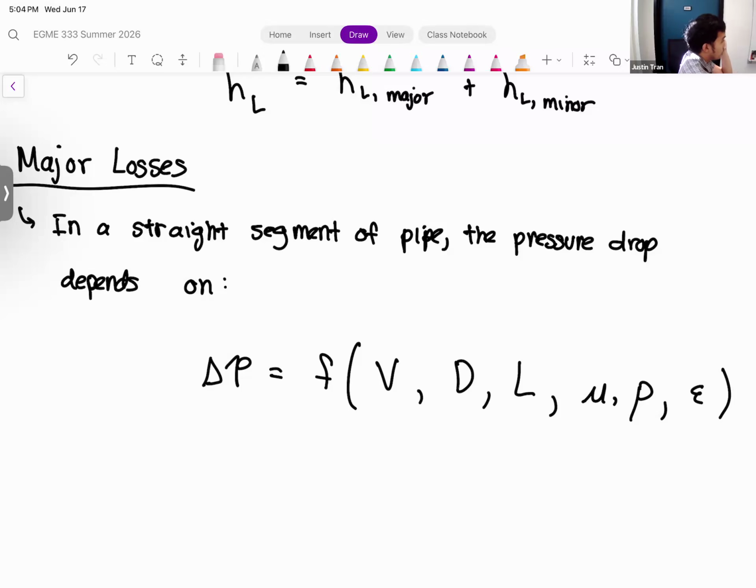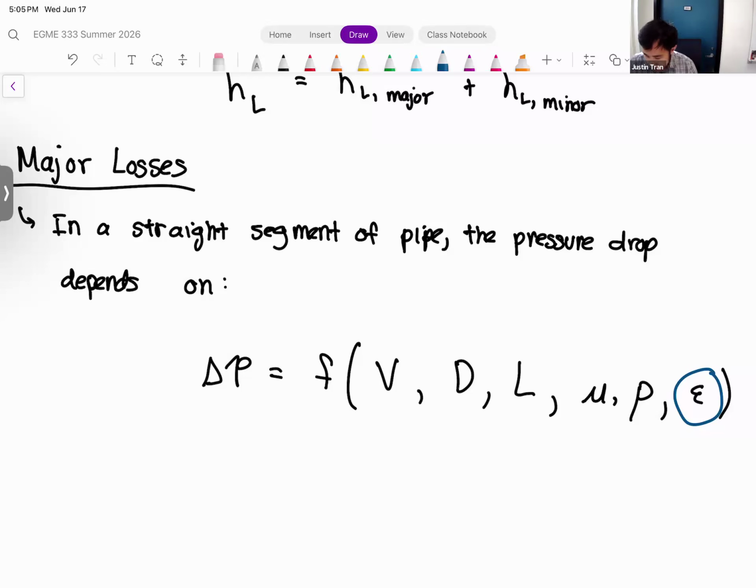You can see for turbulent flow this is a very complex scenario, so even doing this from a dimensional analysis or experimental viewpoint, it's not an easy situation to look at. Most of these variables we've worked with before. Velocity has been a constant theme in this class. Diameter and length are geometric properties, and viscosity and density are fluid properties that we've worked with a lot before. That last parameter, epsilon,